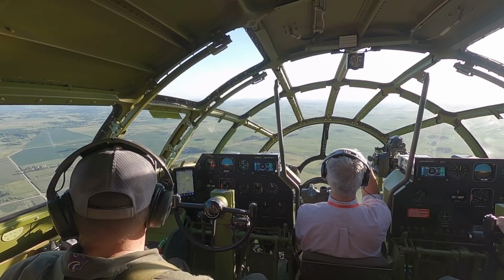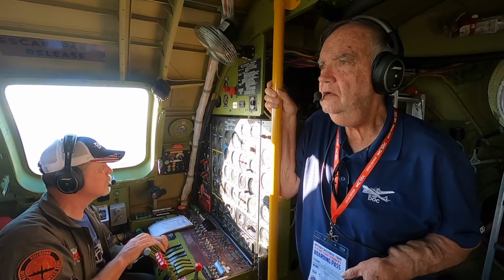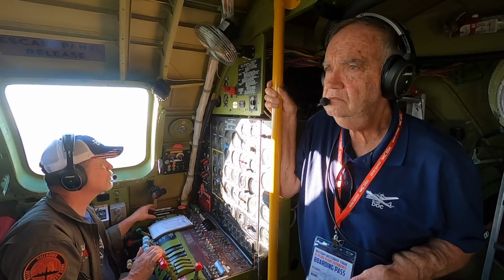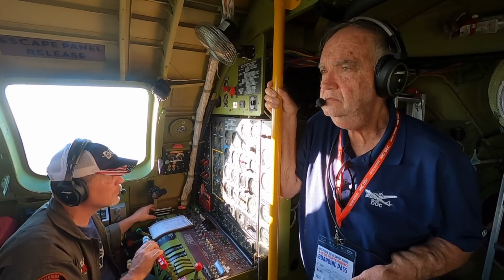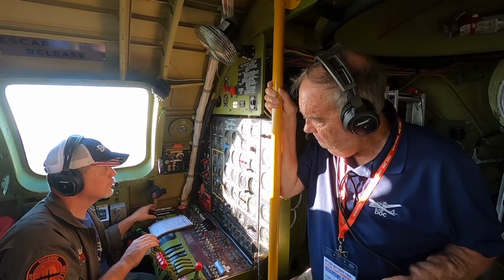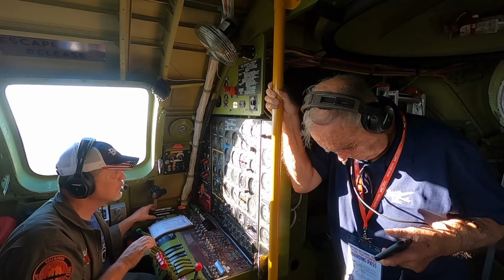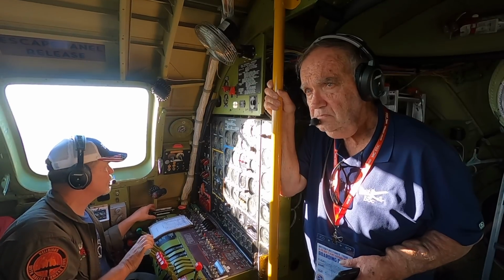It's a crew airplane, we all have to work together. The pilot and co-pilot read the checklist, and the engineer chimes right in there on the checklist, and he's doing most of the work. He's got all the throttles and the mixtures, and the prop controls are all at his disposal. The pilots flying the airplane don't touch the throttles very much. We call out power settings for him to set, because he's sitting right there looking at the gauges, whereas we're busy trying to steer the airplane down the runway correctly and keep it on the runway. So we don't have time to necessarily get all 4 engines synced up together, whereas he's looking right at them,